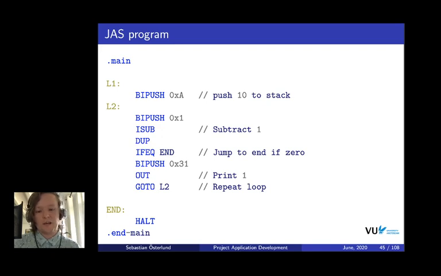which corresponds to the ASCII value of the character 1. Then it calls out, which prints this character to output, and then jumps back to this thing. And it loops this a few times, until the value here is 0, and then it jumps to end and halts. So this is a very simple IJVM application that showcases some of the functionality that